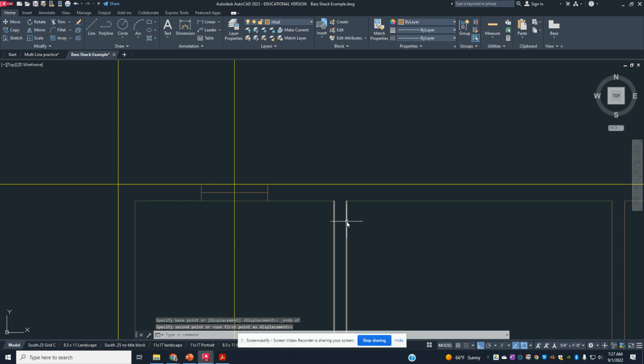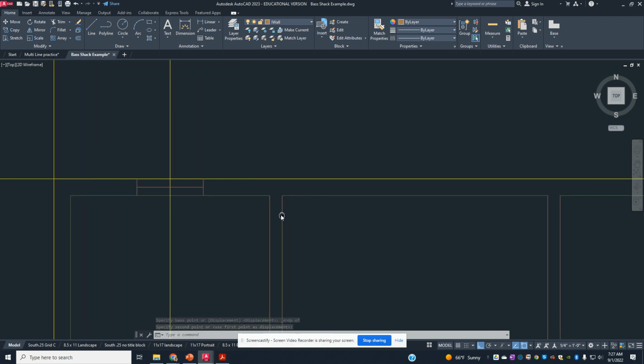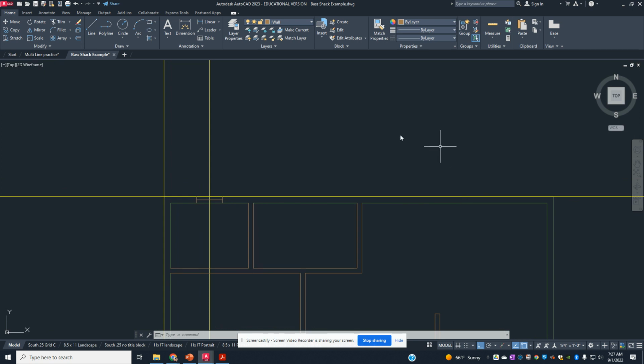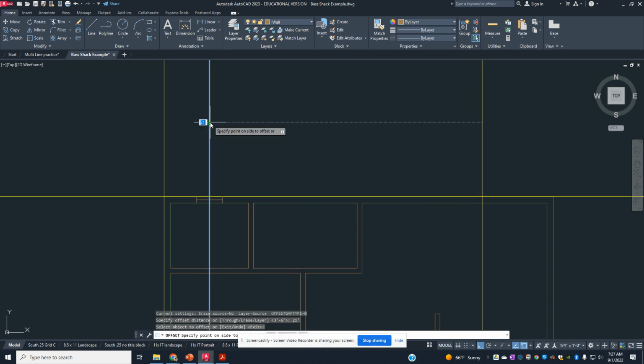There it is. All right, my next window at the very top here is 21 feet center to center. Back to the offset command, 21 feet, enter, select the object. There it is. This window is an A. A is 30,